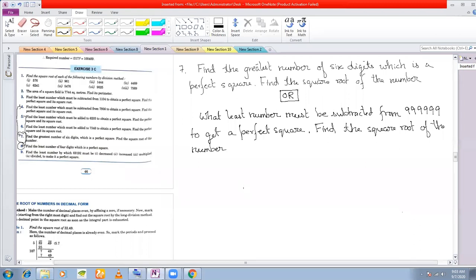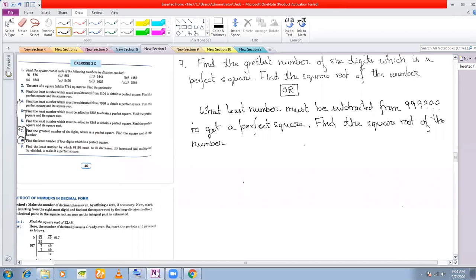The reason is that the greatest number of 6 digits will be close to 999,999, isn't it? So the second part of the question asks what least number must be subtracted from it, and the first part asks for the greatest number of 6 digits. In either case, whatever the statement of the question is,